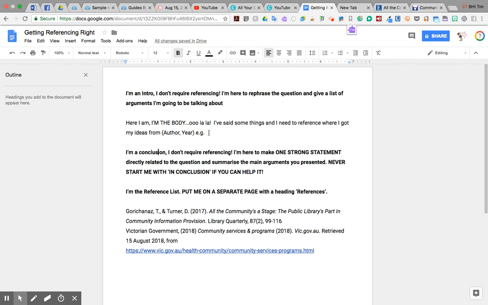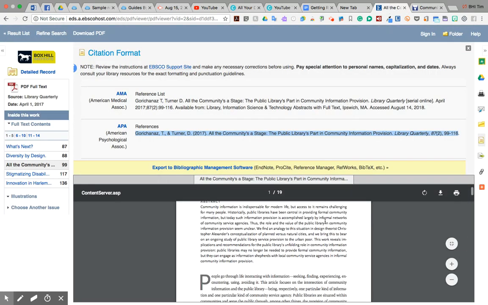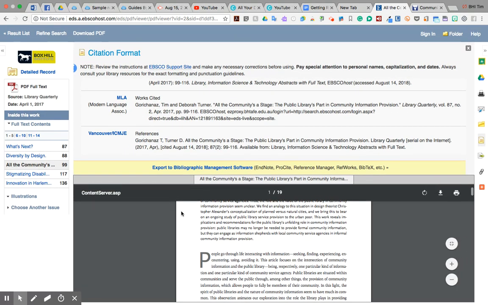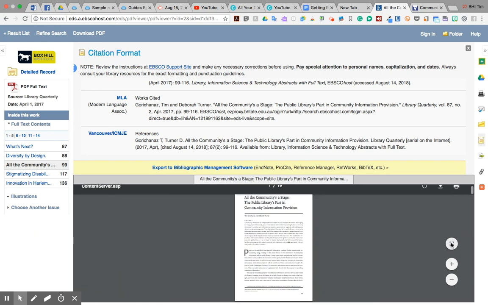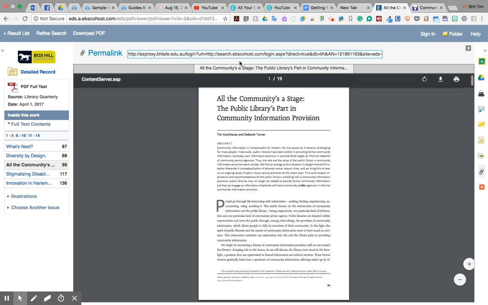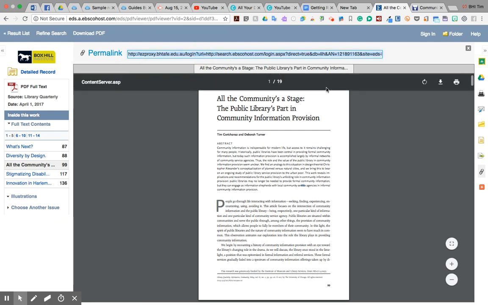With your referencing, as you're going along, so here you are typing, I'm in the body, I've said a few things and I need to reference something. Let's say that this was the document that I was looking at, which is from the library, and I want to reference it, but I don't know how. I'm just starting out, not quite sure what to do. Then what you can do is just copy this link up the top. That would be a thing that you think to do, but really what you should do is use the permalink.